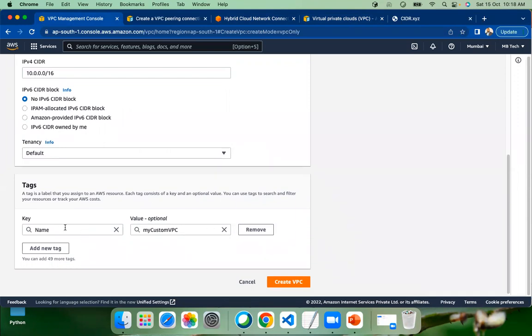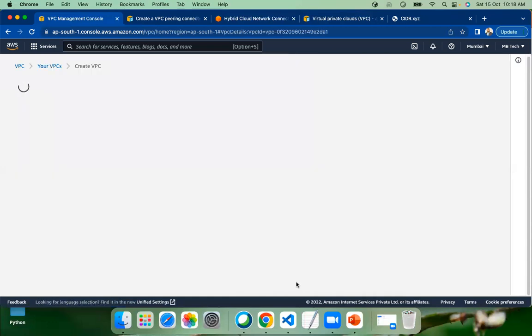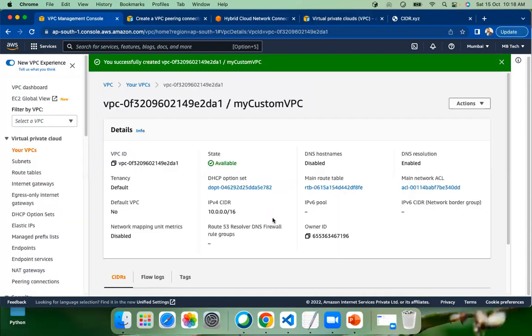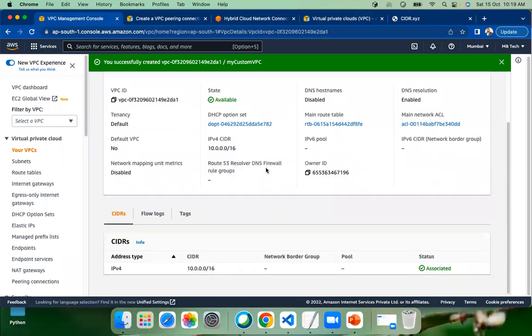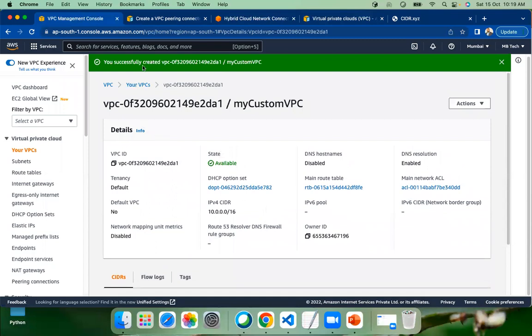So just give a name tag, name my custom VPC, that is okay. Create VPC. So when I create only VPC, let's see what things get created. So what happens here? You successfully created the custom VPC. So if I go to the dashboard,